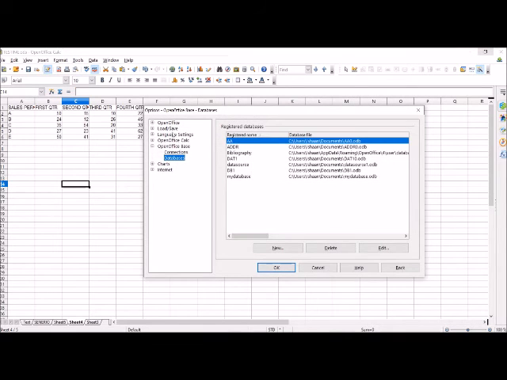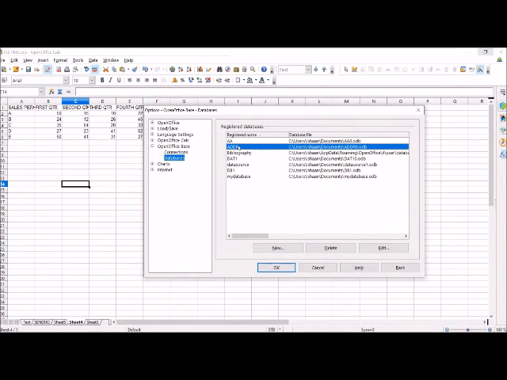In options, I can see this is OpenOffice Base, which is a DBMS software, and all these databases are being displayed here. And all these are registered databases. So these are registered data sources and I can link this worksheet to any of these registered databases.